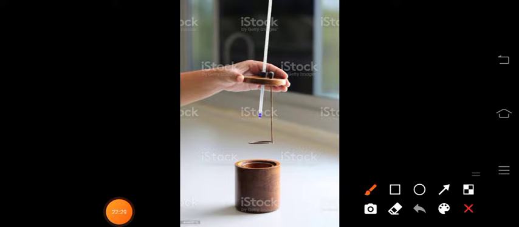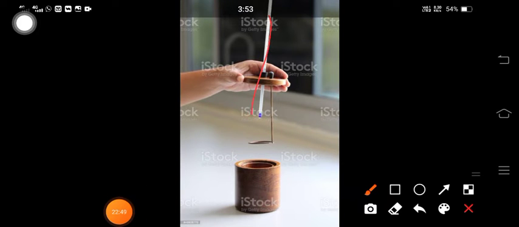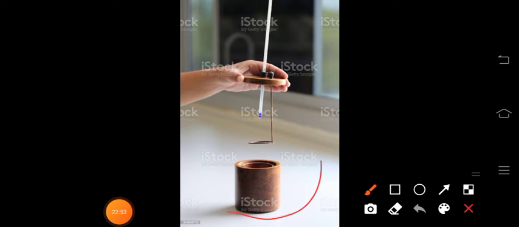With this image you can see the calorimeter. Inside, this is a wooden block. Inside it you can observe a copper vessel. This is a stirrer. This stirrer is to keep the temperature of the water equal all over the copper vessel, and this is a thermometer to measure the temperature. So overall, we can say this is the calorimeter.